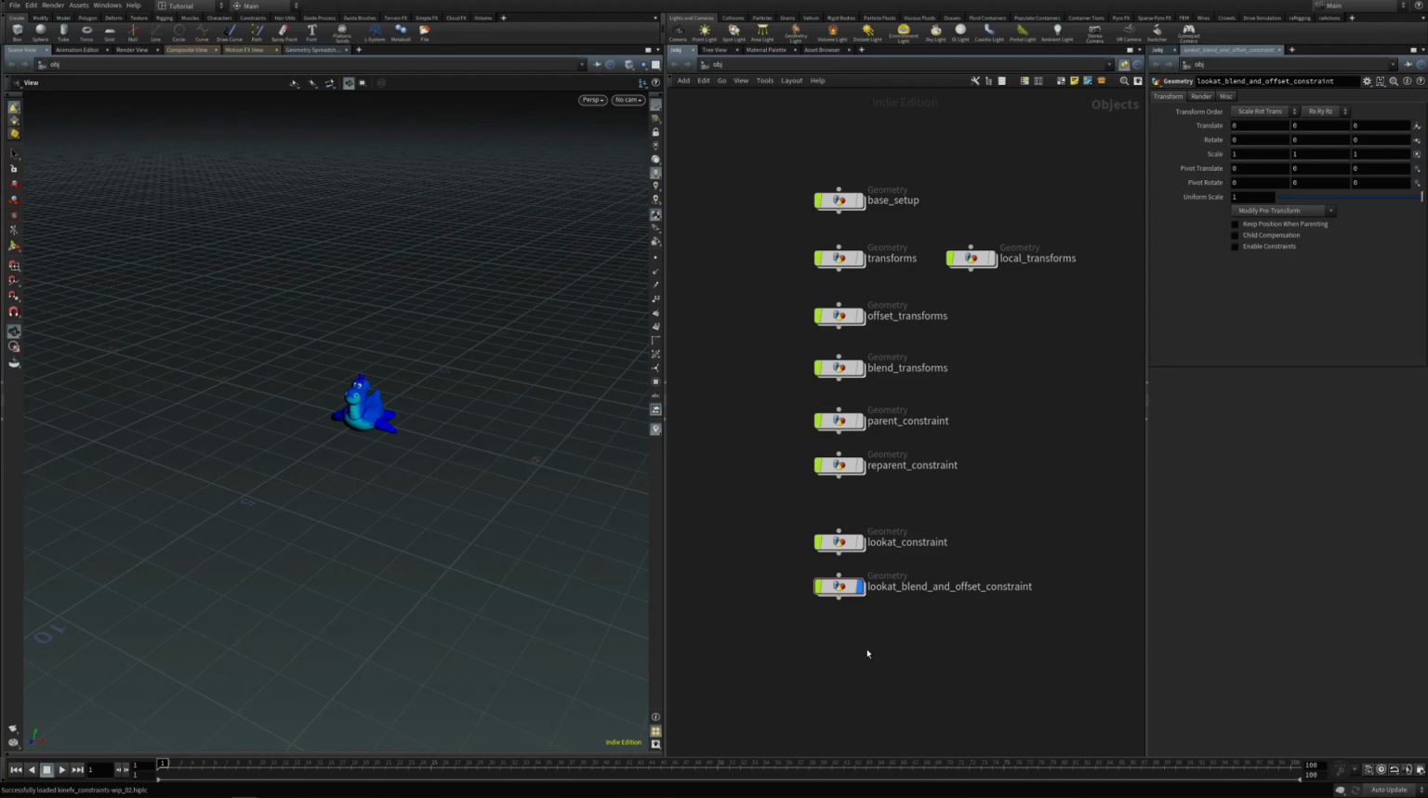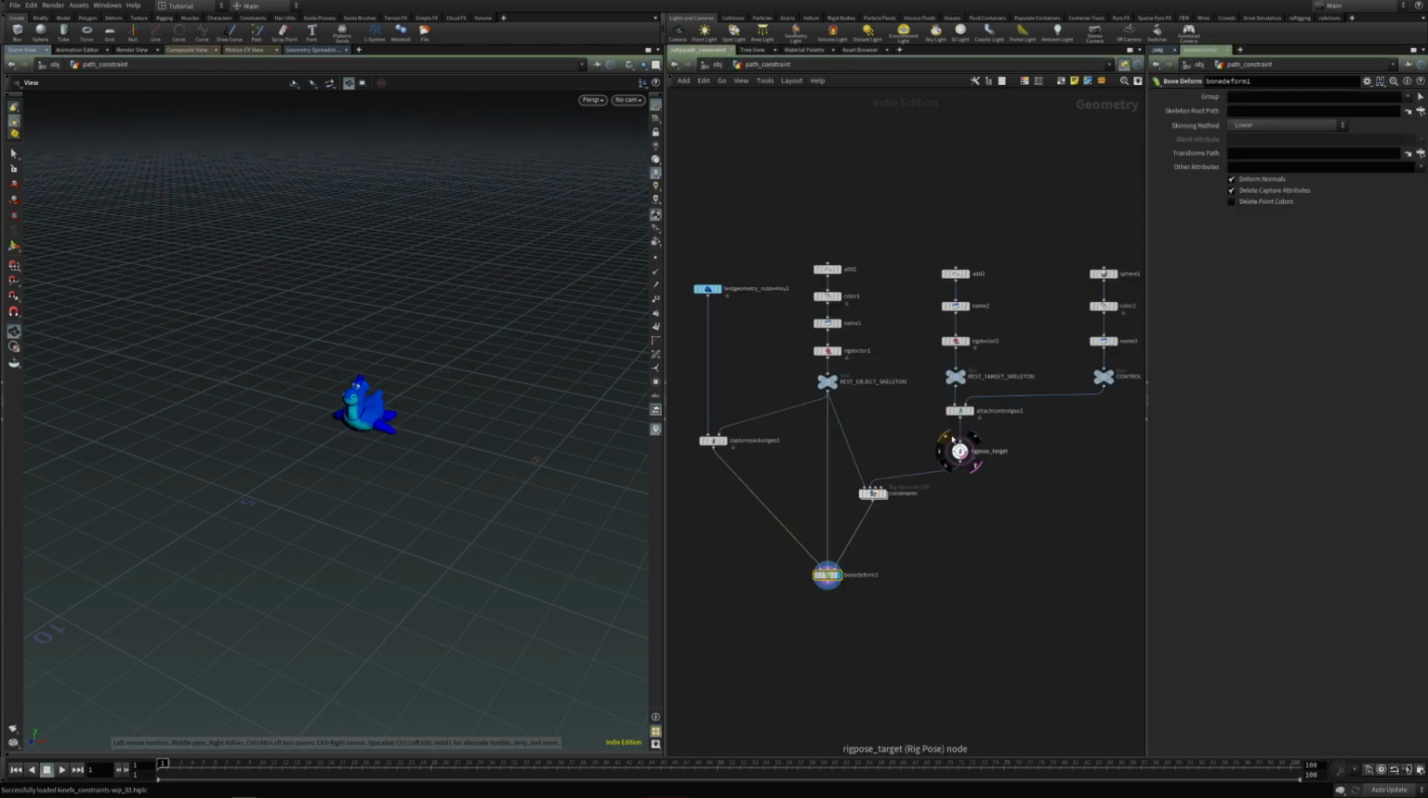Now it's time to look at curve or path constraints. We can attach the object to follow path and look at a specific direction, for instance. Let's start by duplicating this transforms geometry node, name it path constraint. And we will not need this control setup, so we can just delete this whole part. But we will need to create